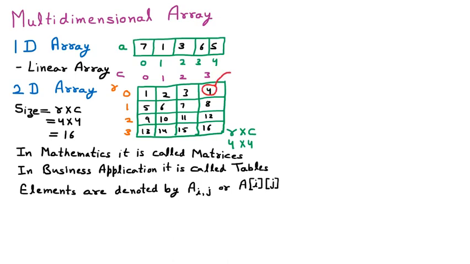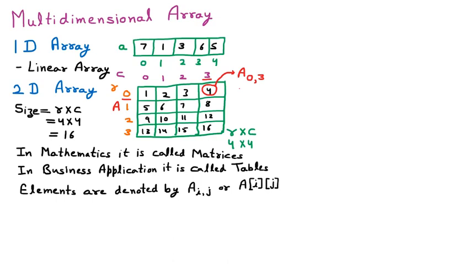Now, how can I represent this particular element? Let us suppose that the name of the array is A. So we are assuming that this 2D array name is A. Now, we are checking on which row that 4 is present. It is present at the 0th row. So we will say A0, that is the row, comma, at which column is it present? 3. So 0 comma 3, or we can also represent it like that.